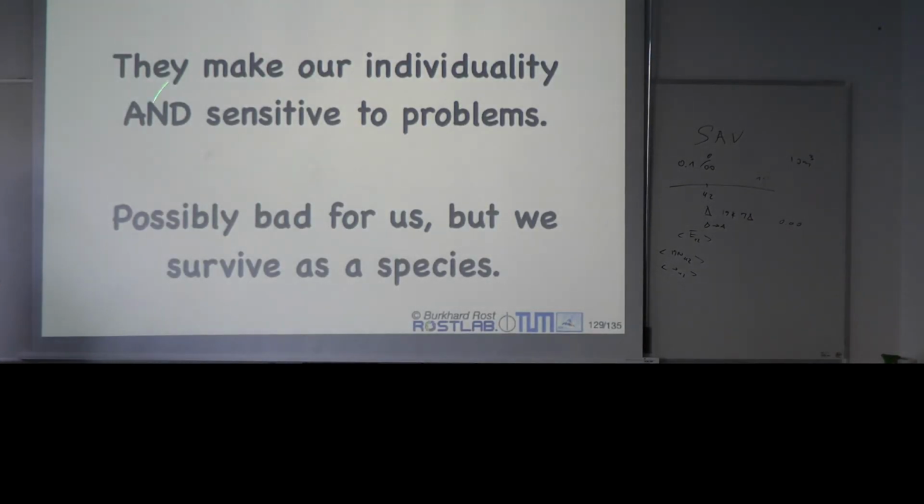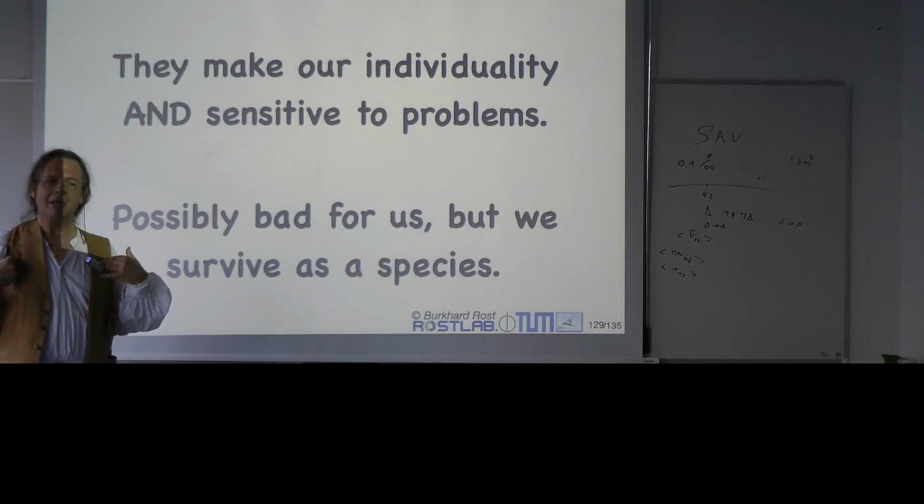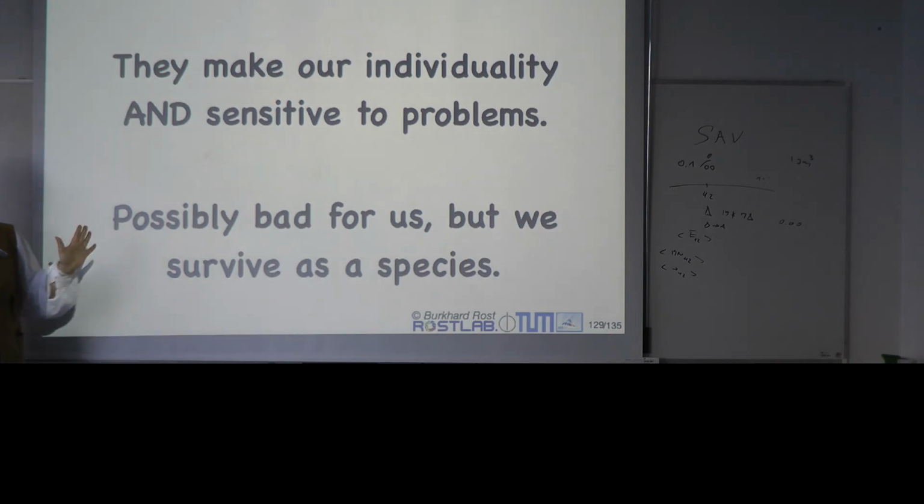Now for me, I have two flip sides of the coin. There are a lot of variants and they matter, and they are good for the survival of the species, but not possibly good for my happiness. So I don't like them. I mean, it's good that the species survives. I'm really happy about that. But I also want to be happy for myself.